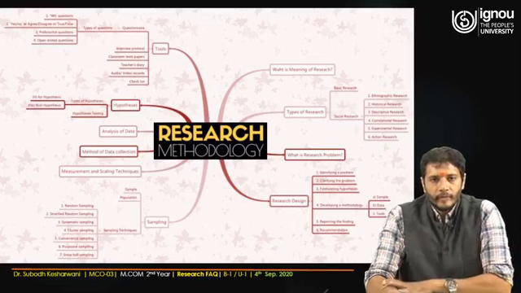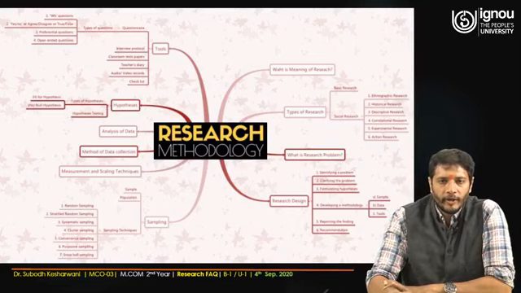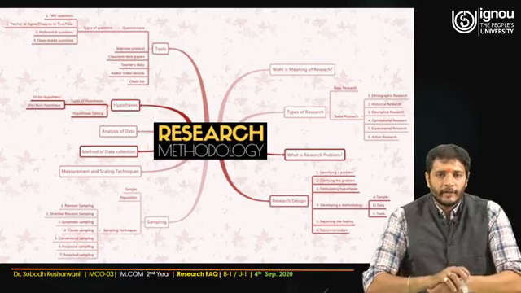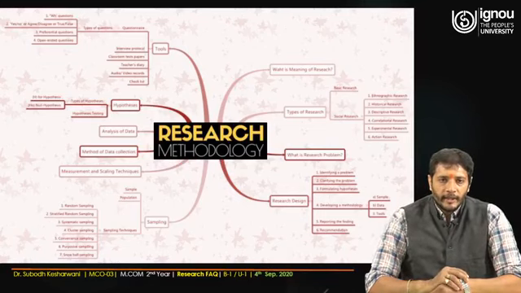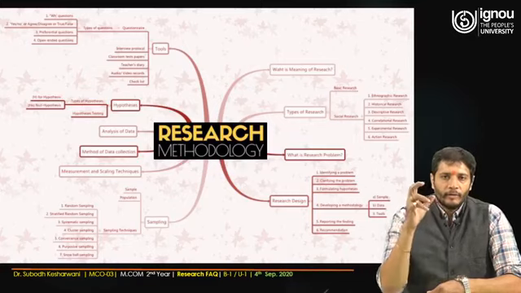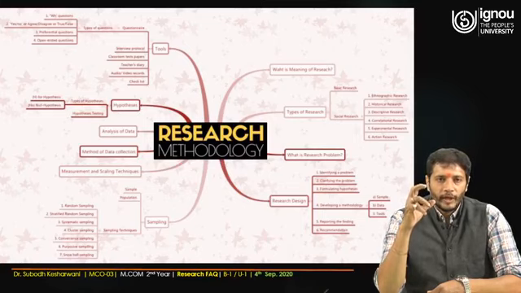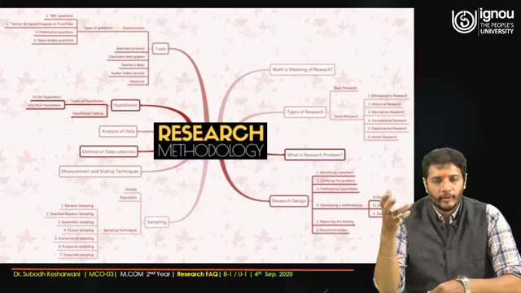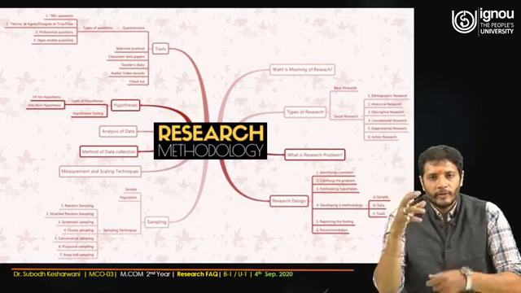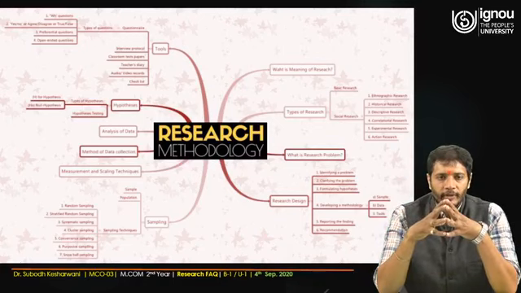If you talk about the research methodology, which I have already talked about, it's the Fisher chart, which talks about the types of research, then what is a research problem, then research design and analysis of data, methods of data collection, then measurement and scaling techniques. While going into the depth of this particular course, we try to talk about how research is going to be helpful to the individual, to the postgraduate student, or to future researchers. There are certain hypotheses which we frame in the very beginning, considered as a null hypothesis, then we go for an alternate hypothesis. So this is also one of the ways by which things are going to change.